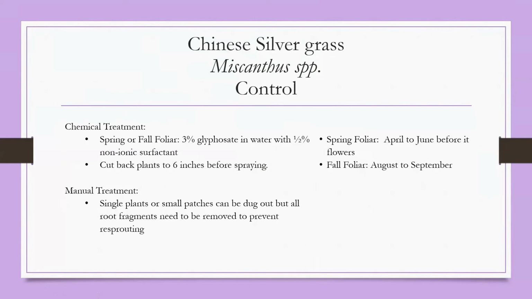So manual, small patches can be dug out or repeatedly cut back. Again, this is one of those where a manual and a chemical can go really well together. Cutting them back, getting them to a more workable level on your end in terms of safety, and then treating them. If you are going to dig them out, like we said before, dig them out, put them all in one pile, let them break down, break them apart.